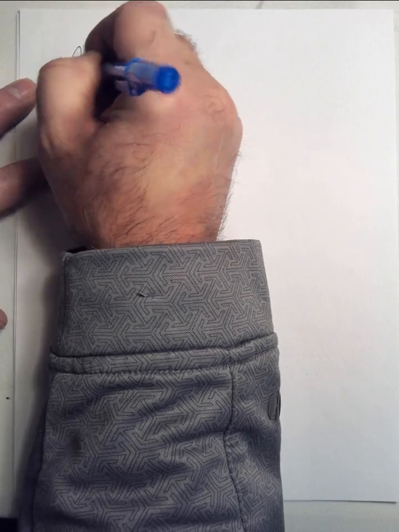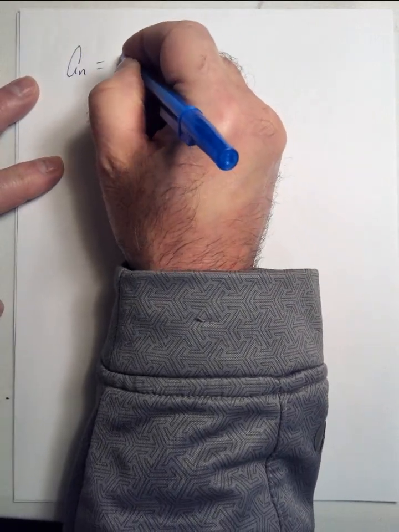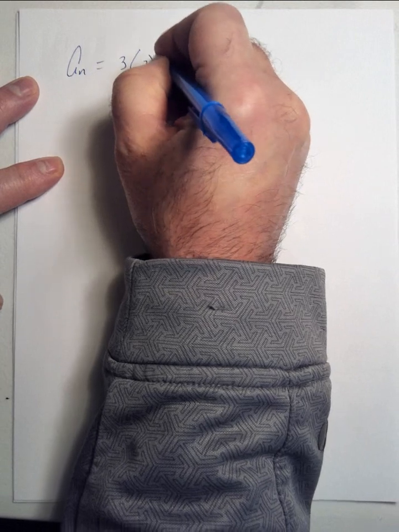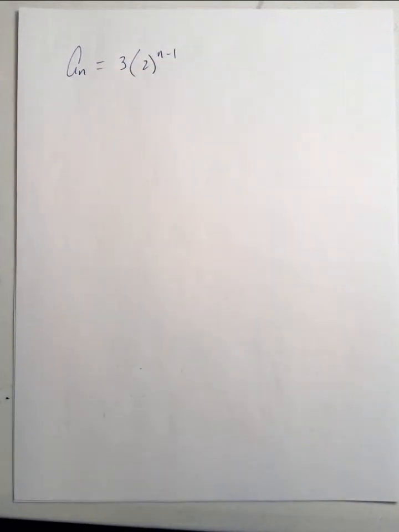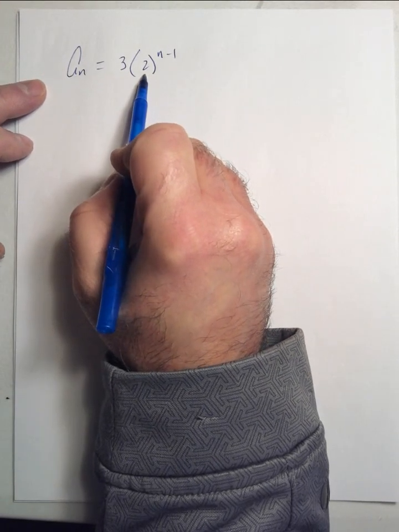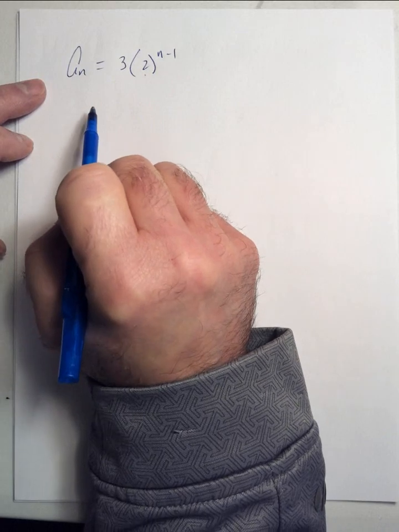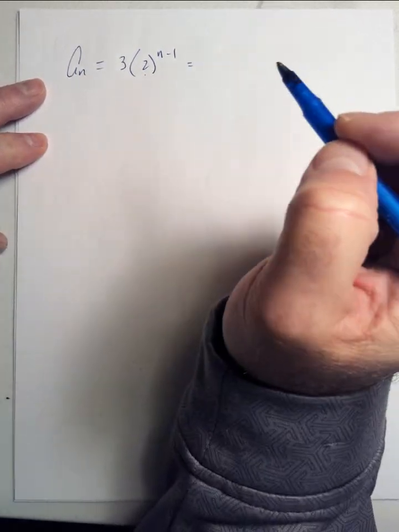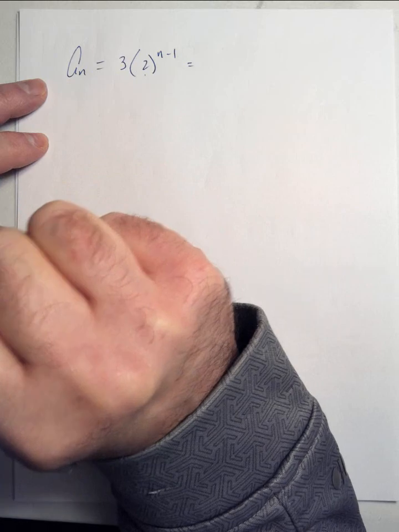Let me add a couple things. I just mentioned something about divergence, so let me go through that with you as well. Let's say we have this particular sequence, 3 times 2 to the n minus 1. Hopefully you recognize that as a geometric sequence, and it has a growth factor of 2, right? 2 is the base here. So if we were to take a look at a few terms, trying to determine if this sequence were to converge or diverge,